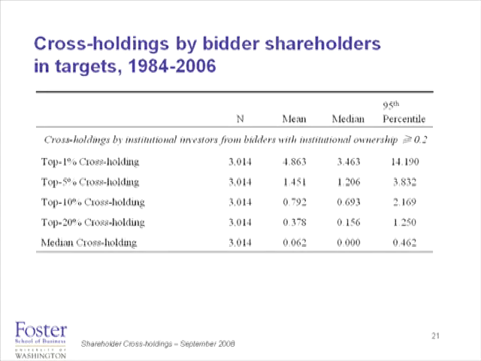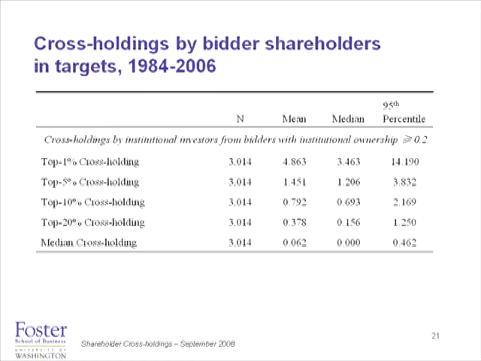Okay, so first of all, this is our sample, 1984 to 2006. As long as the bidder had institutional ownership greater than 20%, as I said, that's a pretty innocuous requirement because of the size of bidders that typically have institutional ownership of at least 20%. This is what we were talking about, not taking this too far in terms of the wealth effects, although I'll show you the wealth effects in a minute: the median cross-holding in the average bidder is only 6%.